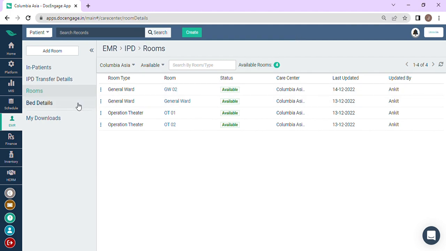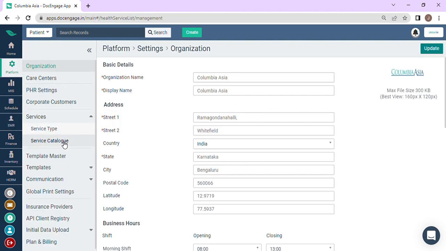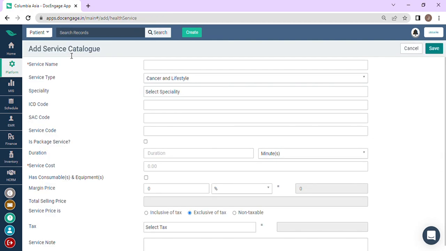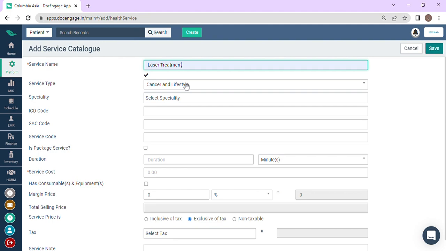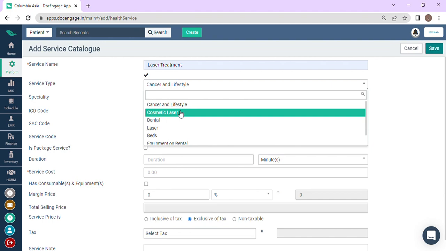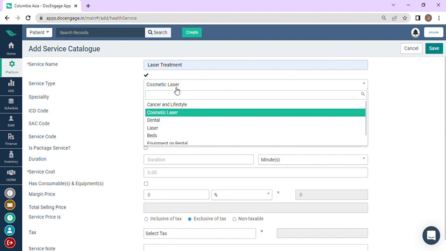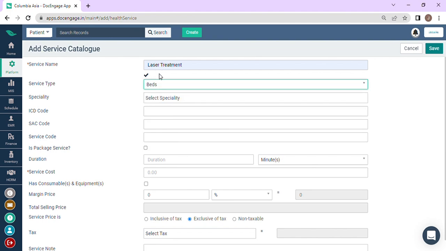Before adding the bed, we need to create a service, and from that we need to add the beds later. To create the service, I'll go to settings, the service catalog. Here I'll select add service catalog. Here I'll write, let us say, laser treatment, and what is the service type? Let us say cosmetic laser, and specialty. Sorry, in the service type, I need to select beds because I'm adding this particular service to